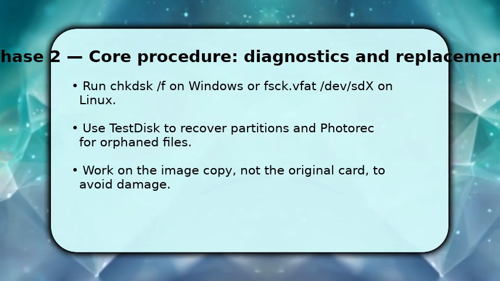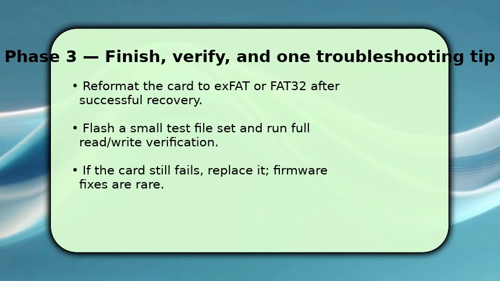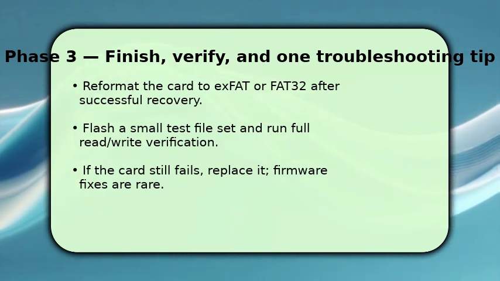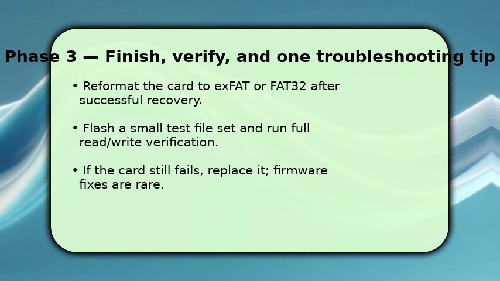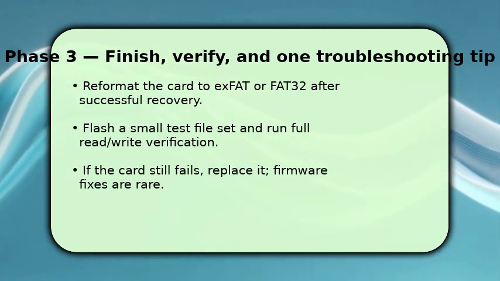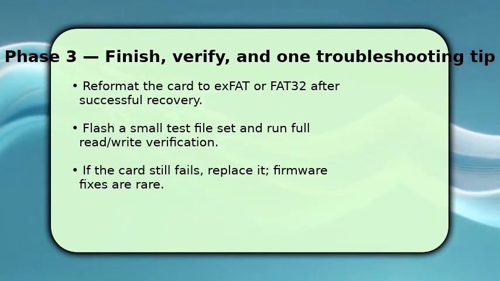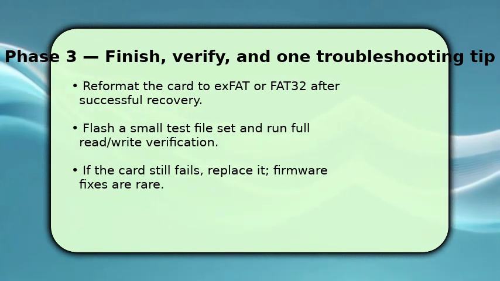Once recovered, reformat the SD card to a suitable format, exFAT for 32 GB or FAT32 for compatibility, and recreate partitions as needed. Then copy a small test set and run a complete read/write check to confirm stability. If errors reappear, stop using that card and replace it, because persistent hardware faults often mean permanent